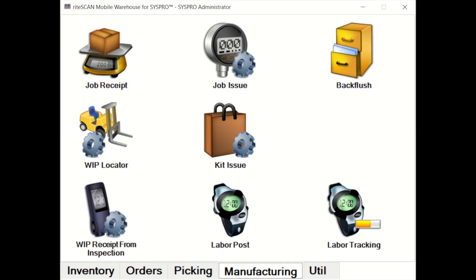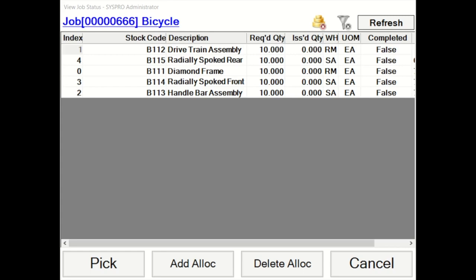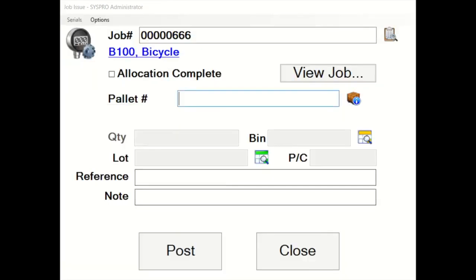But here, what riteSCAN has done really well, job issues, very simple. Enter my job number. I can view my allocations quickly and easily. I can pick, enter a quantity, issue, but here what you can see is pallet. So riteSCAN has excellently brought in some really, really powerful pallet management features for SYSPRO, linking to each and every